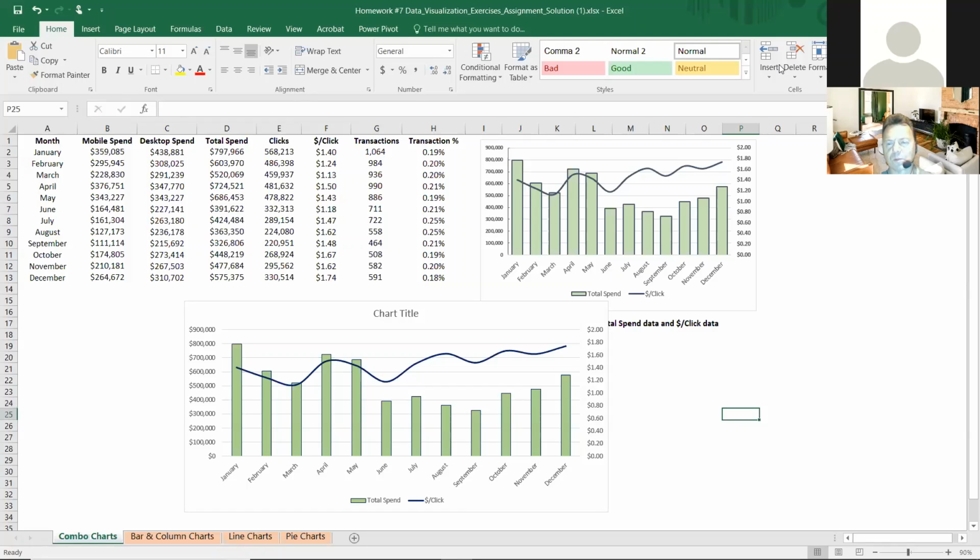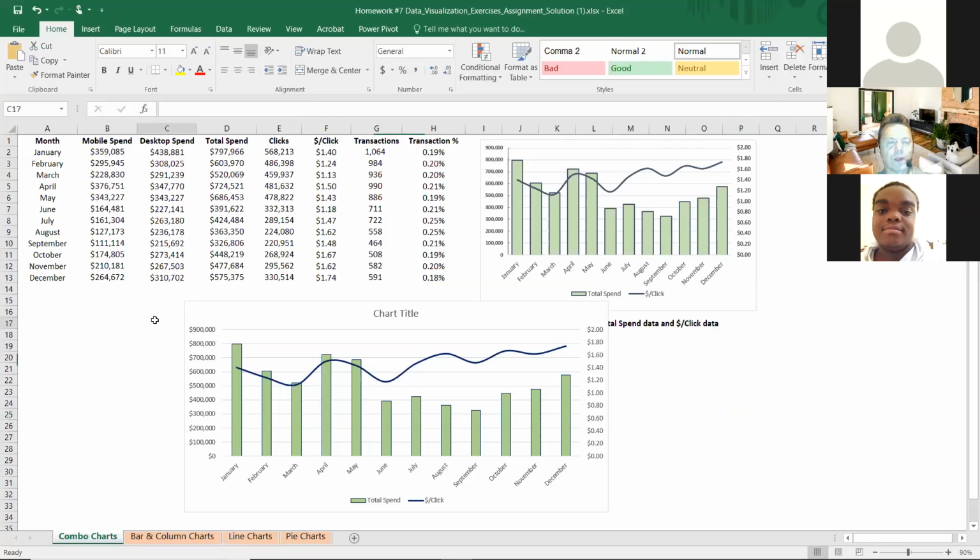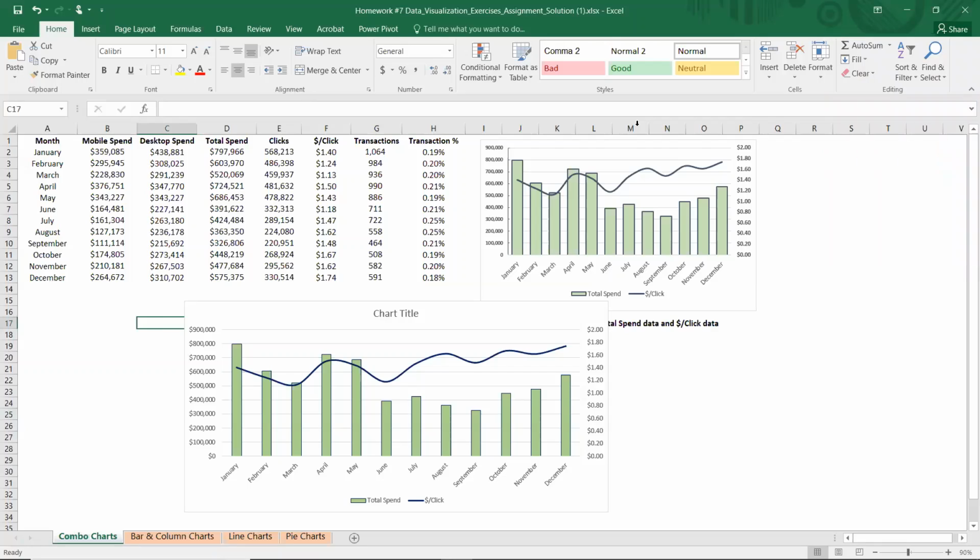Any other questions? I have a question. Well, two. One for this assignment and one not for this assignment. The first, for this assignment: how did you highlight all three of those suggestions for the chart at one time? Okay, so if you're doing Windows,